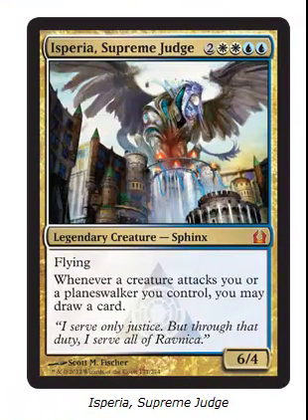Asperia, Supreme Judge. It's a 6/4 for 6 with flying. That basically says that if your opponent is a good player, they can't attack with creatures, because they don't want you to draw a bunch of cards. And the only reason this card is not the best is because it has 4 toughness, and there are a lot of removal spells that deal 4 damage or